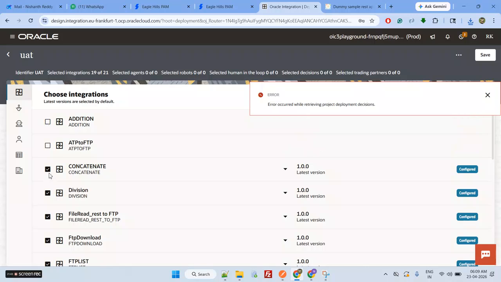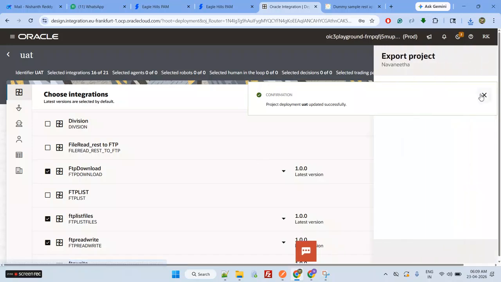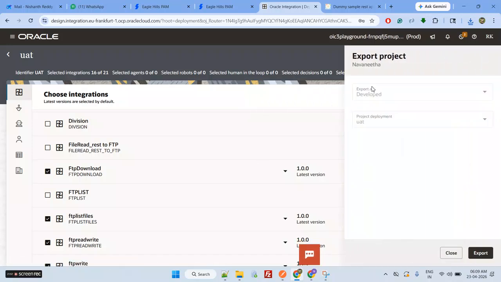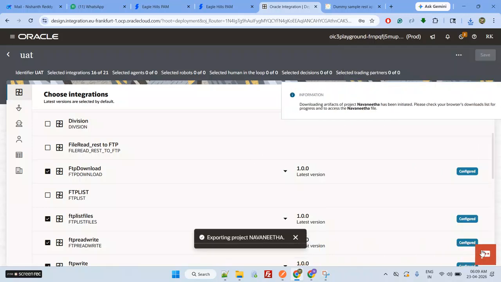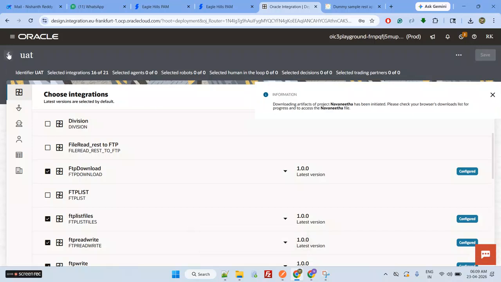You don't want this, you don't want this division, so like this you can select and save. Whatever you need you can select and export. That's here, UAT. So if you want to export specific integrations under a project, you need to go to the deploy